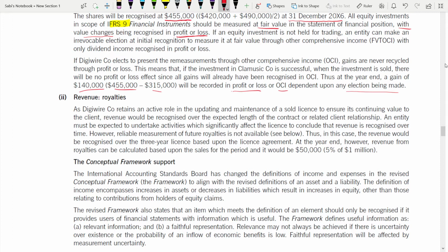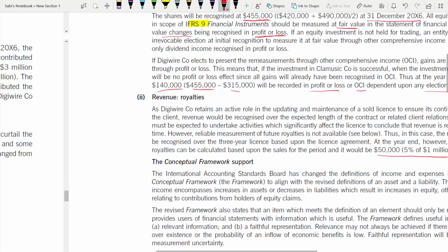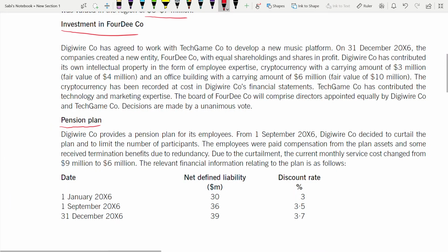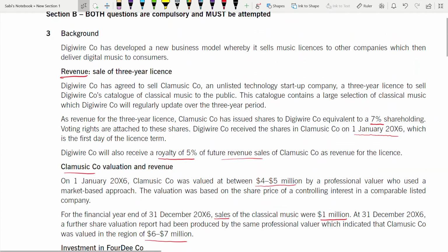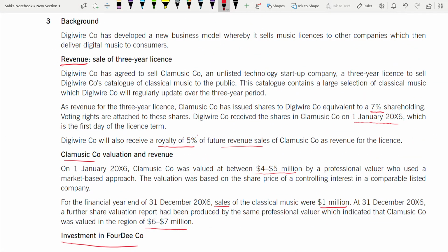However, revenue from the royalties can be calculated based upon the sales for the period, and it would be how much? This much, because they told 5% is the royalty of 1 million. If you have forgotten, then let me take you through the case study again. Royalty of 5% I have underlined here, and 1 million because